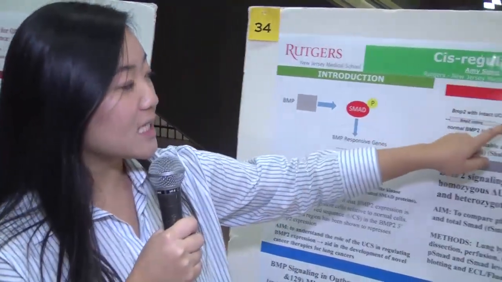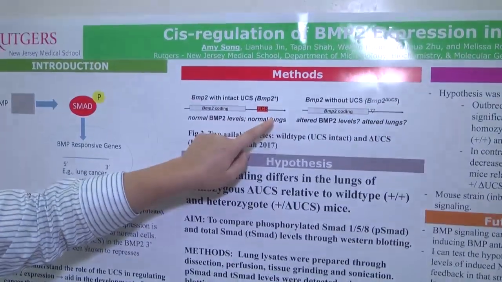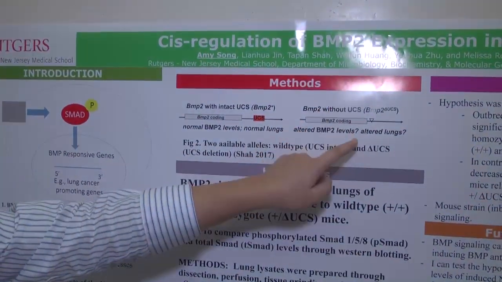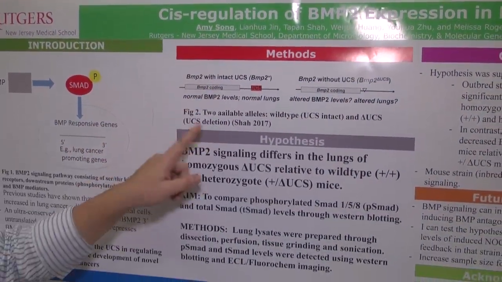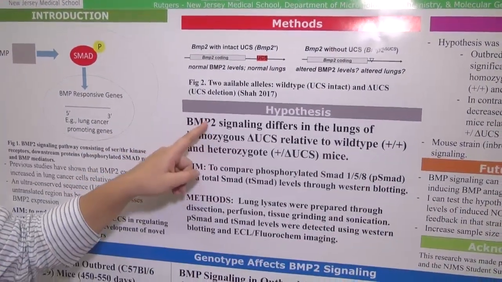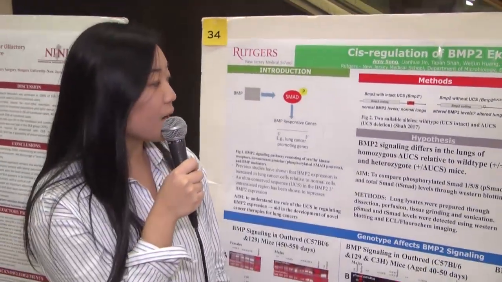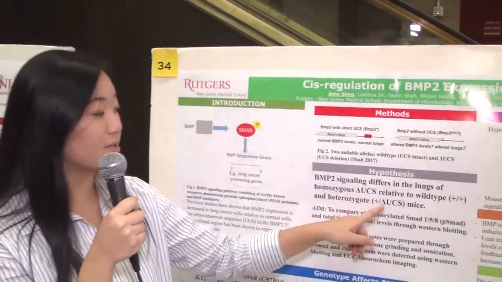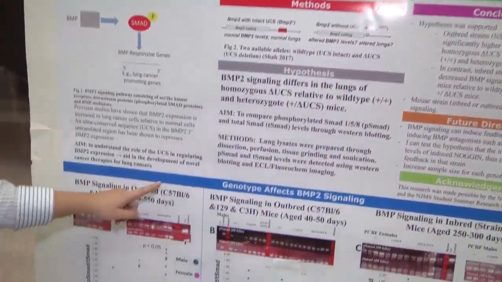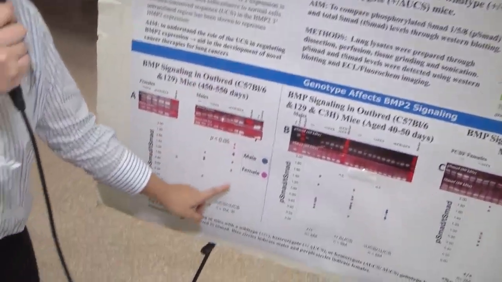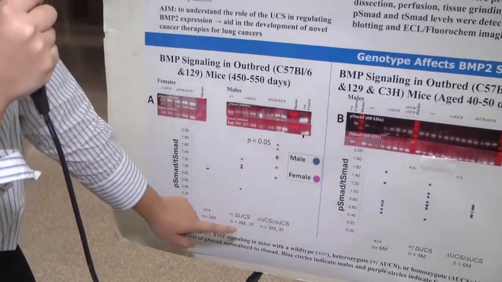And so for this experiment, we had one allele with the ultra-conserved sequence intact, and then the second allele, which had the UCS deletion. And so my hypothesis was that BMP2 signaling will differ in the lungs of homozygous deletion UCS mice relative to wild type and heterozygous mice. So we actually did find that BMP signaling is higher in homozygous delta UCS mice relative to the other 2